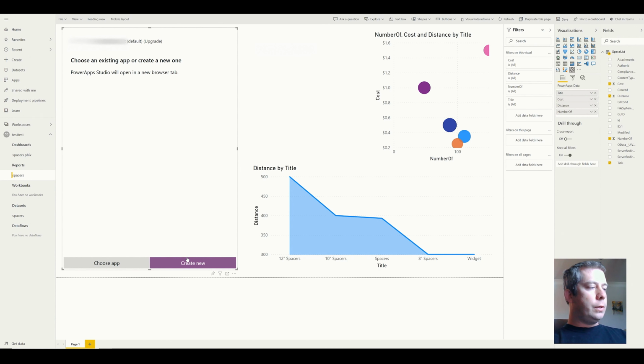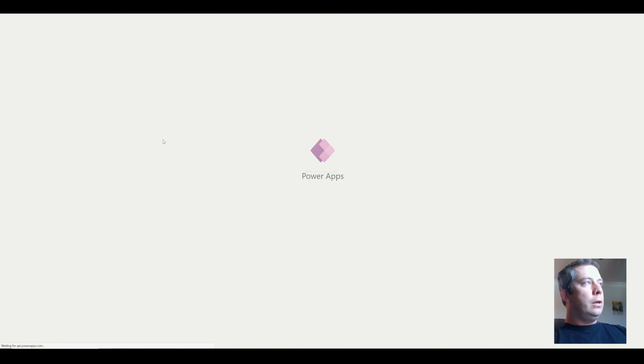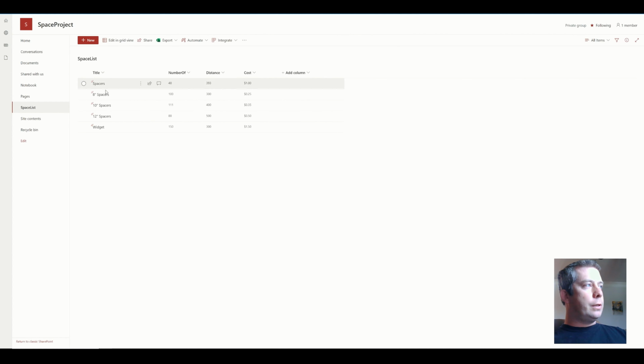So what I'm going to do is create a new Power App. You can choose that, but what I heard is that does not work currently. Maybe it does. I have not tried it. What I'm going to do is create a brand new Power App. So once I hit that, it's going to send me into Power Apps. And my data is actually in SharePoint. So I have 4 columns here. The data doesn't really make sense, but it's just what I came up with off the top of my head